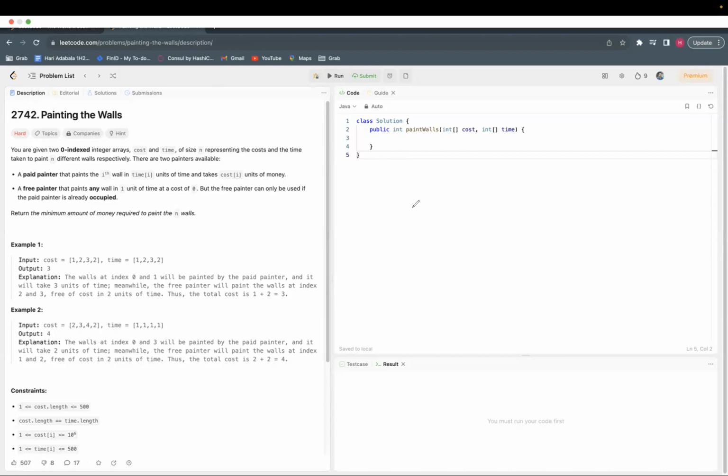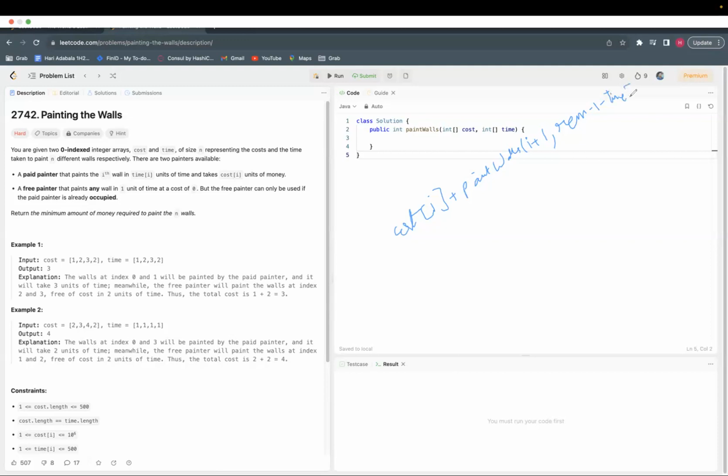It will be at that particular index: cost of i plus paint walls of i plus 1, and then we need to decrease the remaining. So remaining -1 minus time of i,